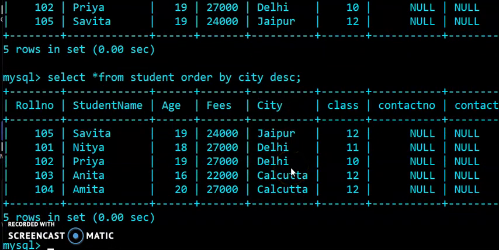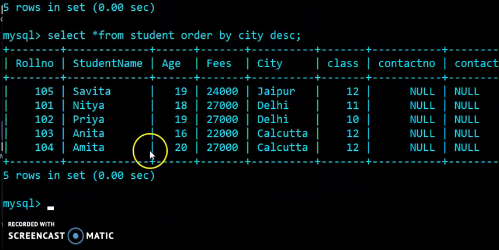So now students, that's the use of the order by command, that it is used to set any column of your table in a specific order, whether ascending or descending. By default, if you do not mention any type of order, it will arrange the column in ascending order. And if you mention the DESC keyword, it will arrange your specific column in descending order. So now after order by, we have to start the implementation of the group by command.